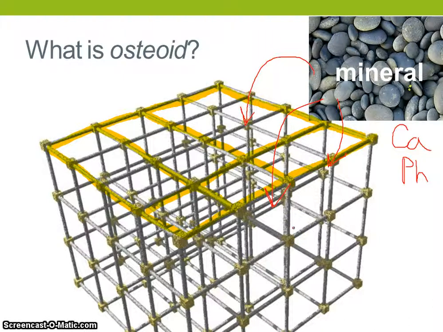So again, osteoid is this framework made of organic proteins, things that you've made out of carbon that your body can make, and you add in these minerals, and you go through this process of calcification, which would of course